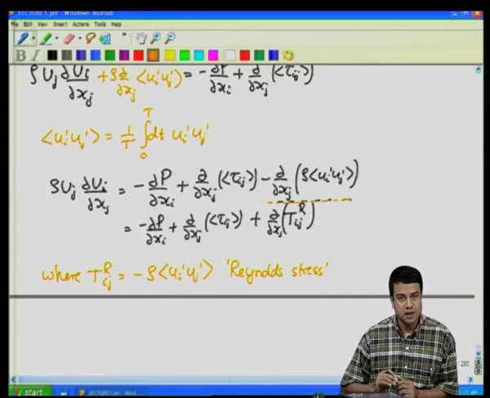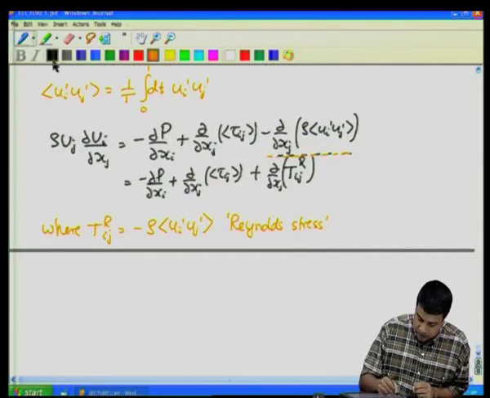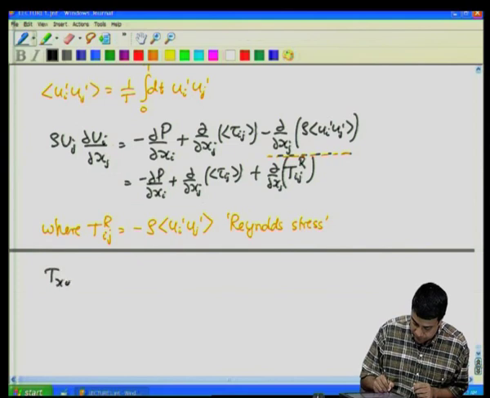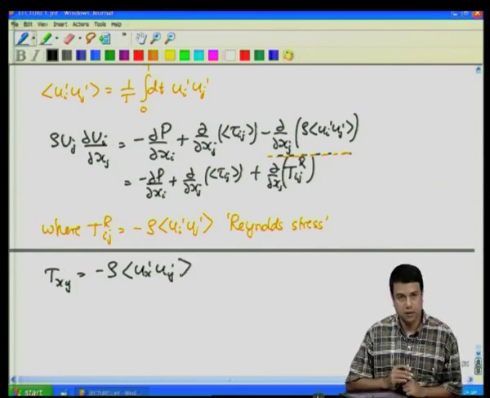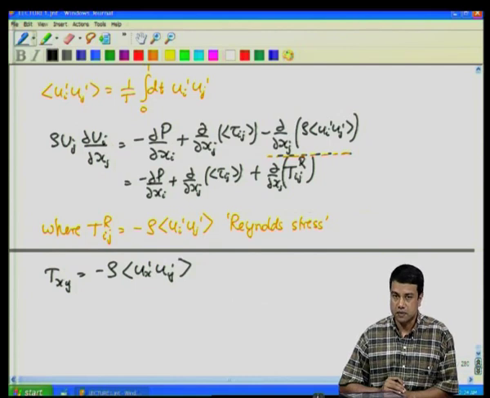So, why is there this additional turbulent Reynolds stress tensor? That is because there end up being correlations in the velocity fluctuations. For example, the turbulence stress Txy is equal to minus rho times ux prime uy prime. If both ux prime and uy prime were independent variables, then this average would be identically 0.